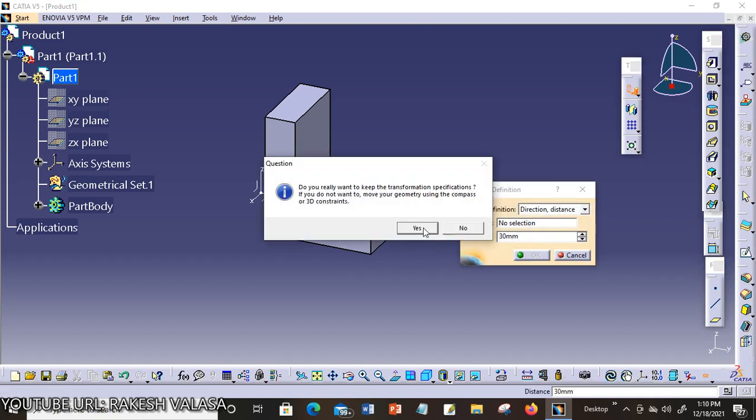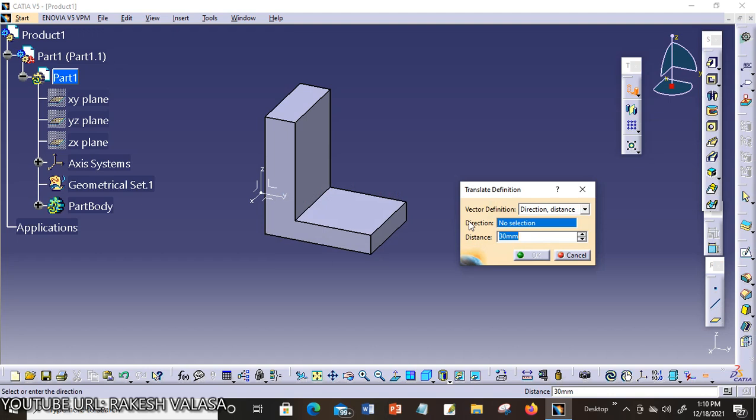Let us see the second one. For example, I'm choosing the first one, that is direction and distance. Next, you need to select the direction.